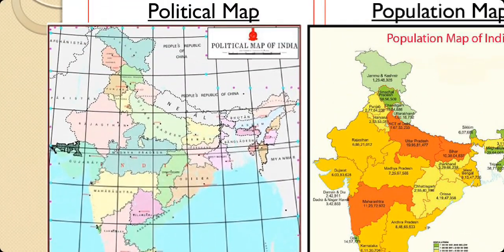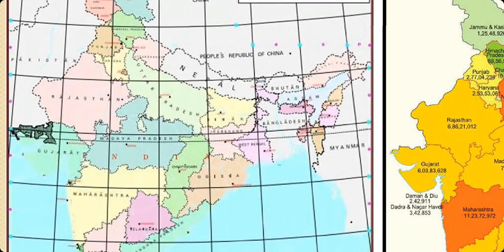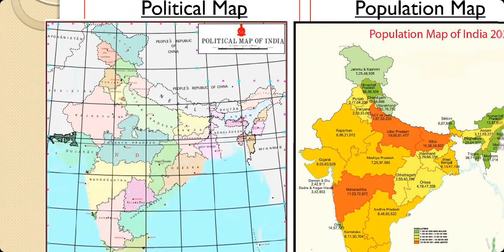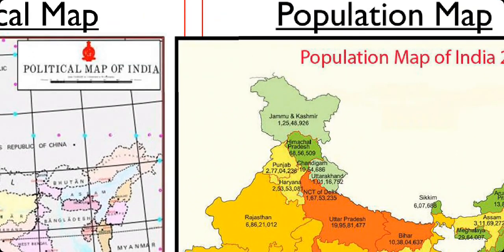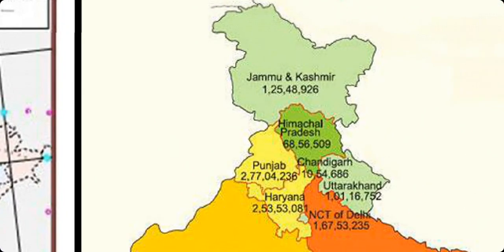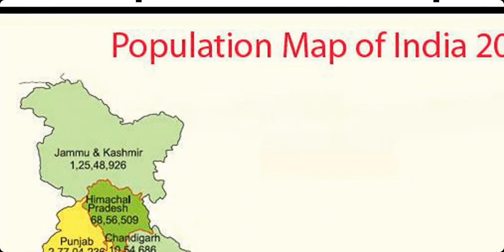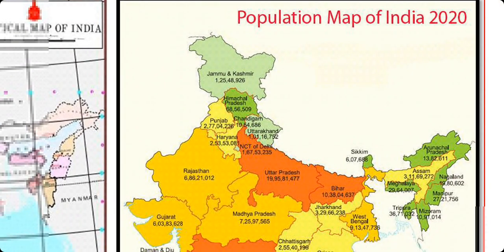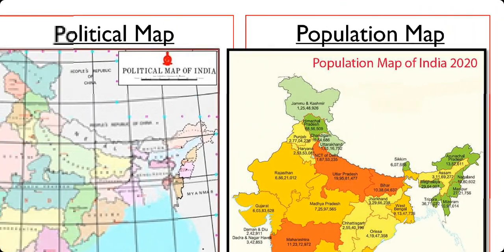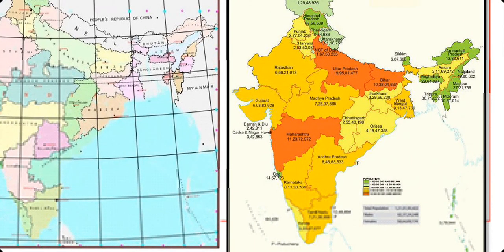Here's an example of a political map, so very common. This is the map after Ladakh and Jammu and Kashmir became separate union territories. So this is the complete and full, the newest map of India. On the right hand side, you have the map of India for population. Each state's population is mentioned in the state boundaries, and this is the population map of India for the year 2020. Today we are in June, so this shows the population of the country as on June year 2020.